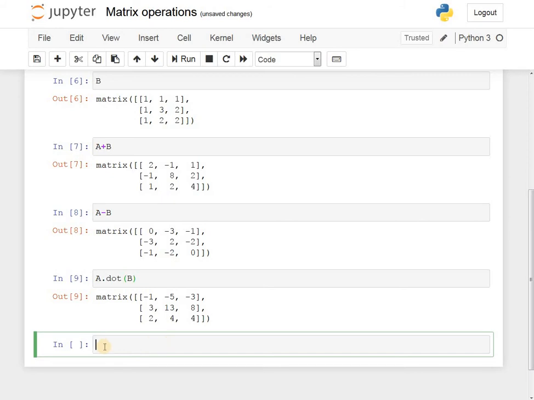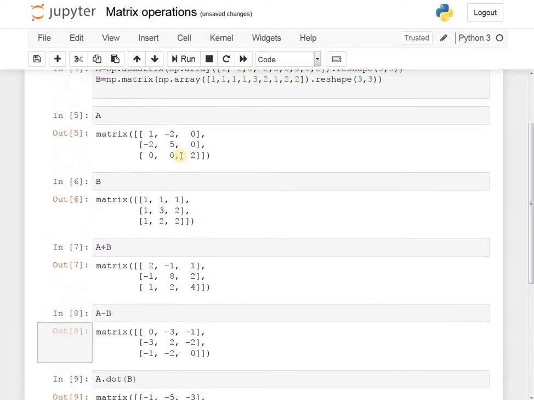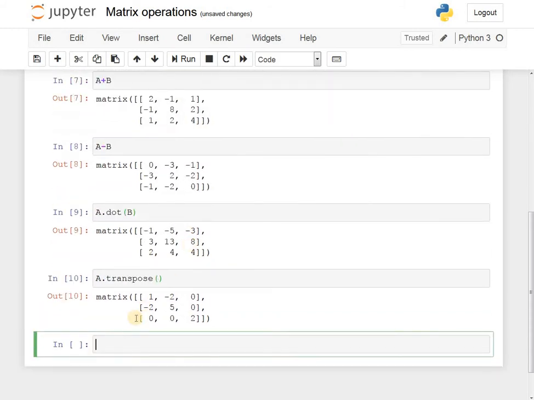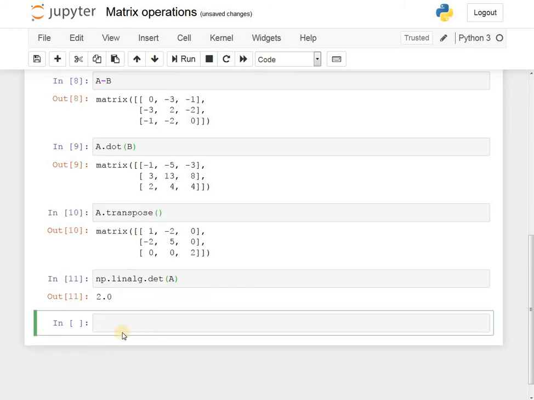To find out the transpose of matrix A, simply A dot transpose. So see here the matrix A and its transpose is here. Then to find out the determinant of the matrix, the library linear algebra is used. So np dot linalg dot det of A. The determinant of A is 2, which means it is a non-singular